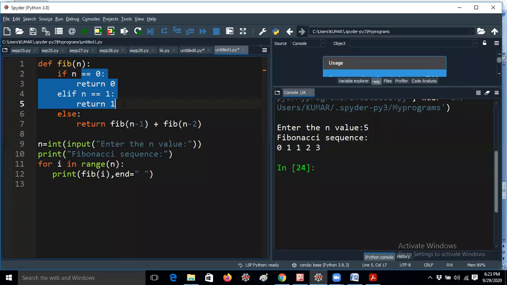I would like to remove those 4 lines. I would like to give an if condition only. So instead of those lines, I would like to give if and return only 2 lines. I'm removing 4 lines and I can give those 2 lines. If anybody knows the program key, please let me know. No, wrong answer. So next.